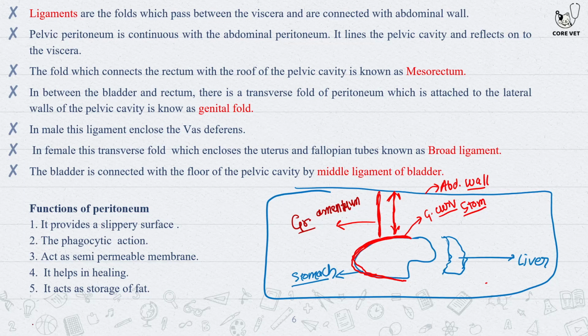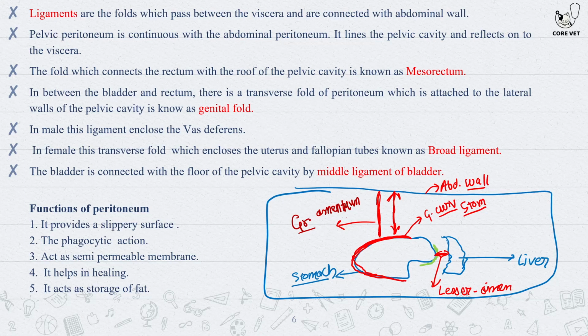While there is also a lesser curvature of the stomach. This lesser curvature is in contact with the what? Liver, through what? A fold of omentum, which is known as the lesser omentum. I hope this is clear. So the fold that is connecting the lesser curvature of the stomach with the liver is the lesser omentum, and